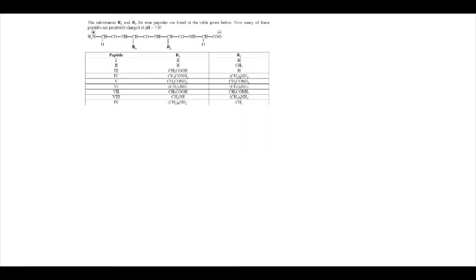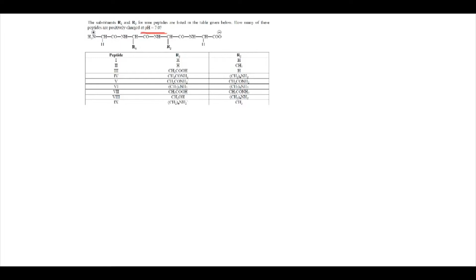In this question, it is asked that the substituents R1 and R2 for 9 peptides are listed in the table given below. How many of these peptides are positively charged at pH 7? So pH 7 is neutral pH, and at this pH,